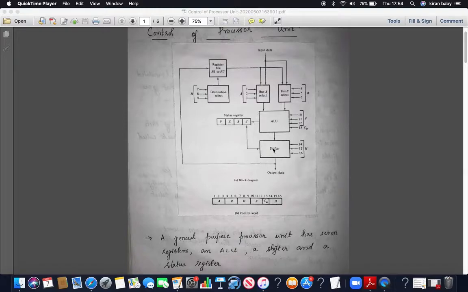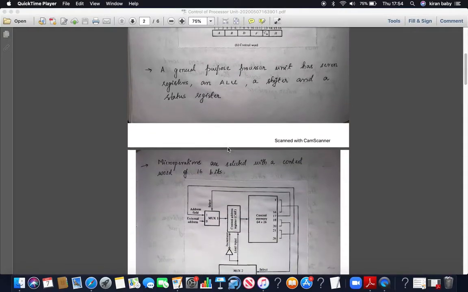Based upon the shifting operation and the operations carried out in the ALU, these flags could be set in the status register: an overflow flag, a zero flag, a sign flag or a carry flag. So this was how the overall block diagram of the processor unit looked, which we have already studied.